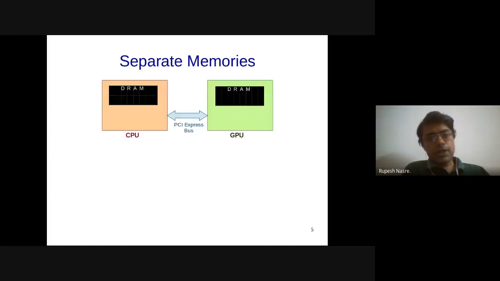All right, so let's move ahead, and I'm going to zoom in a little bit onto these CPUs and GPUs. So this bus that we talked about is often a PCI Express bus, but sometimes there could be other technologies which you can use. For example, there could be some proprietary interconnect, for example, NVLink from NVIDIA, which can be used. And as you can see, there is a DRAM, which is memory on the CPU, and there is DRAM, which is memory on the GPU. This is also called graphics memory sometimes, because these are called graphics processing units.